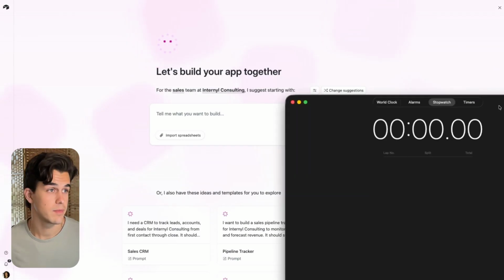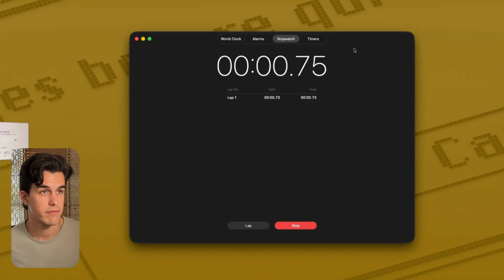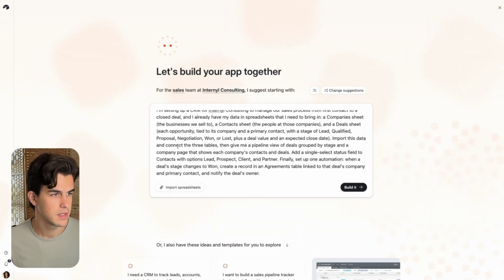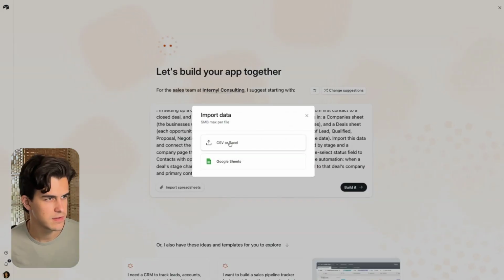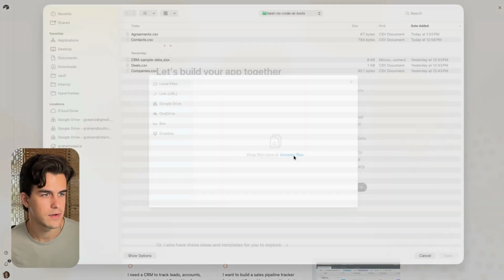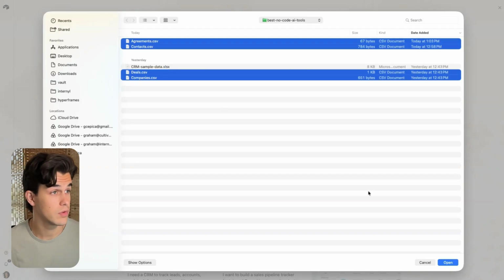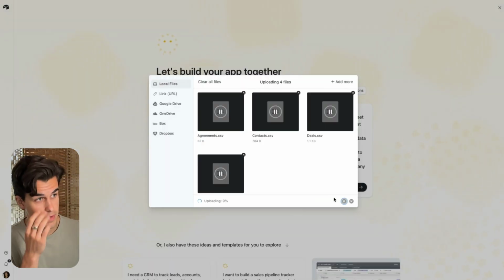Okay, so Airtable. Let's start our stopwatch and see how far we can get and how fast. I'm gonna paste my prompt in. See if I can import spreadsheets. Looks like I can. I'm going to browse files and select more than one. Wonderful. Upload those 4 files